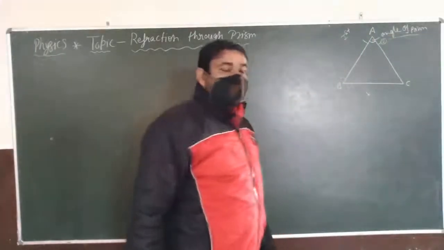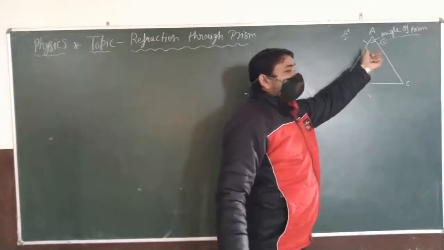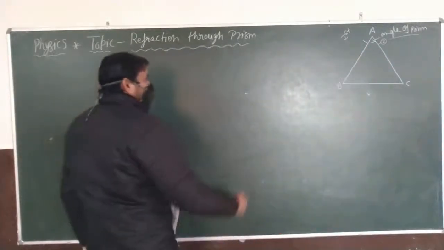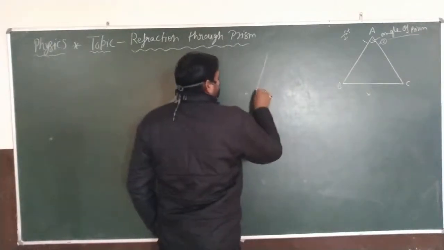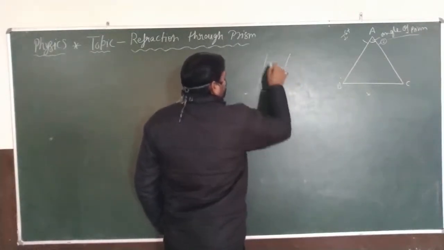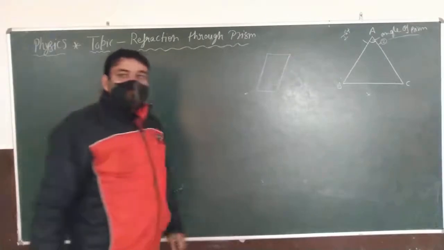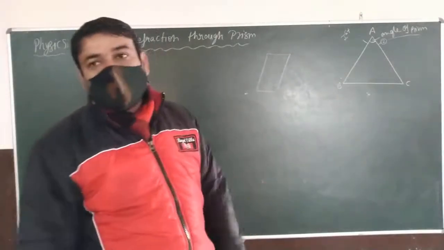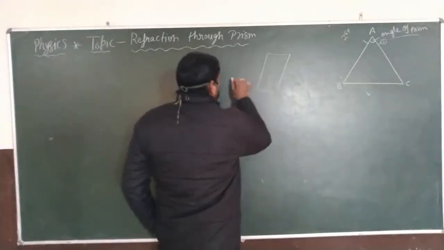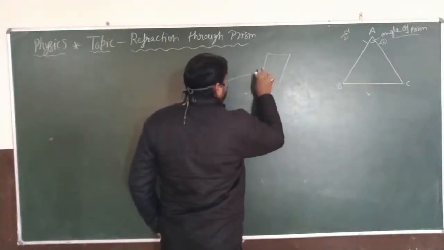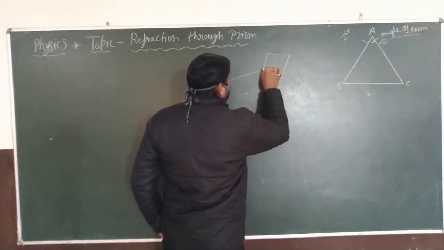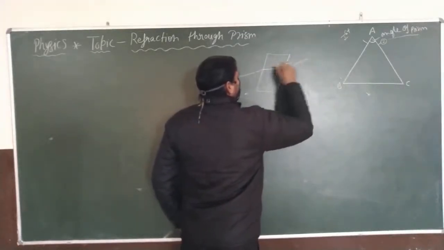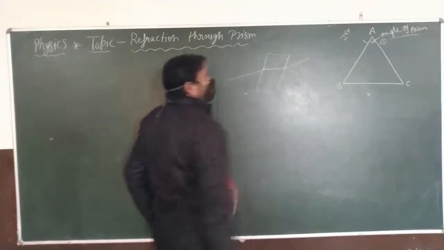As you find, there is an angle between the two refracting surfaces. In earlier classes we have discussed that a glass slab, which has two refracting surfaces parallel to each other, displaces the light after suffering refraction at two points by a parallel distance.